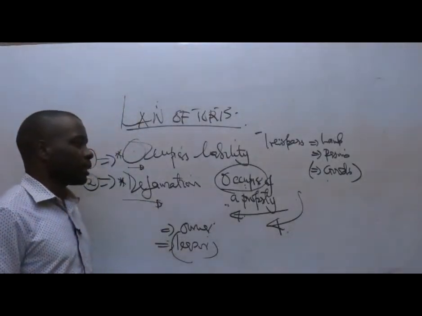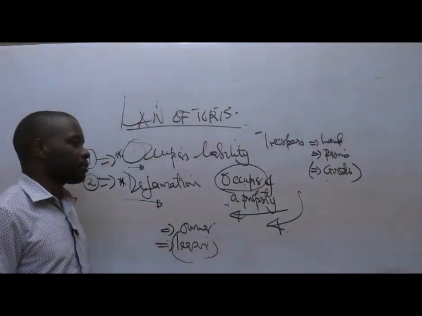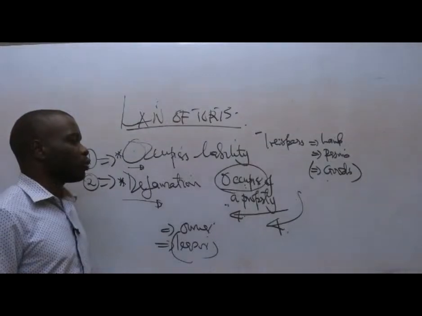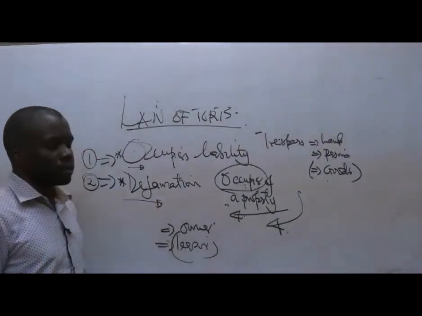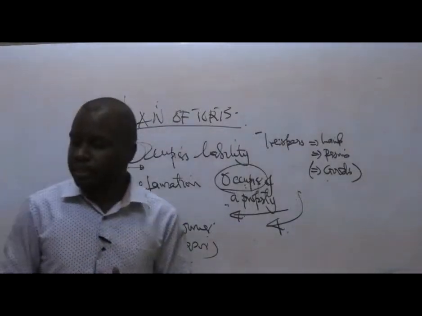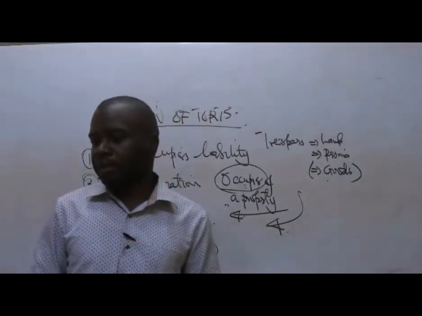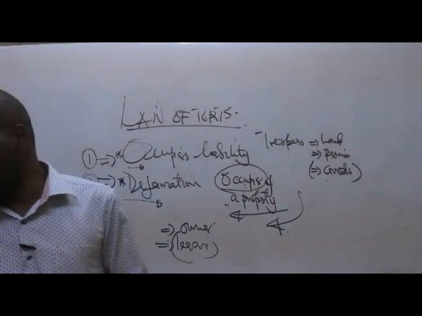So the occupier, that is the supermarket owner, will be held liable for the liabilities that occur with regard to those who are visiting the premises. So in a nutshell, in simple terms, that is what we mean by occupiers liability.